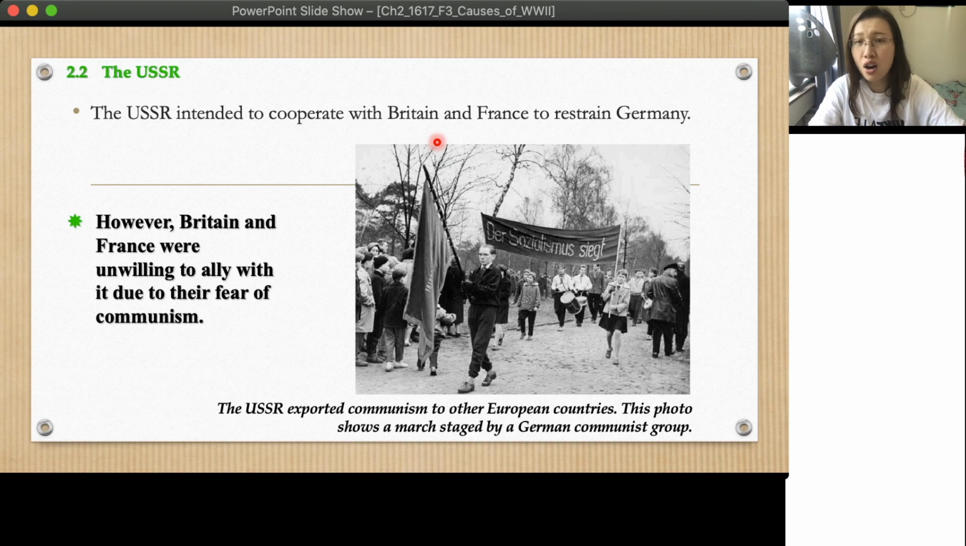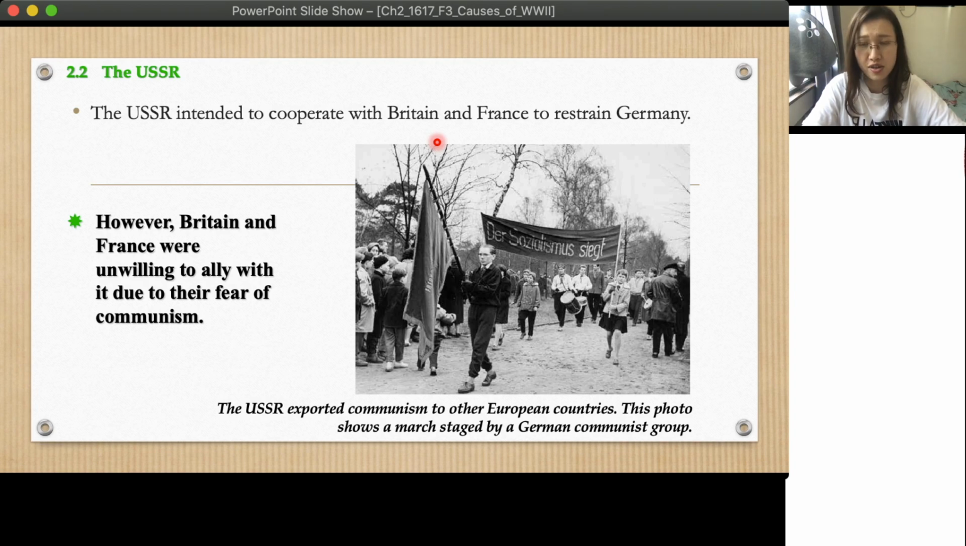Because as you know, Hitler adopted the anti-communist policy, right? So as the first communist country in history, of course the USSR should not cooperate with a country under an anti-communist policy, right? But in return, the attitude of Britain and France was that they were unwilling to ally with the USSR because they